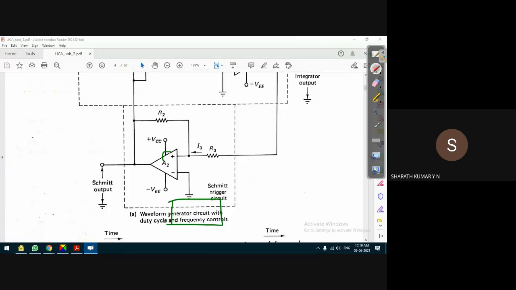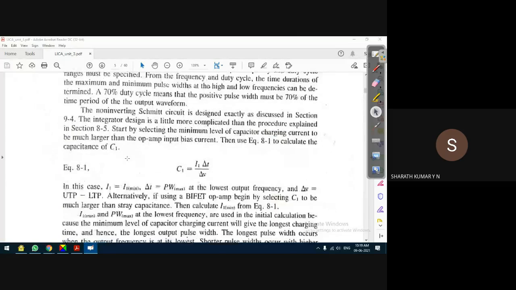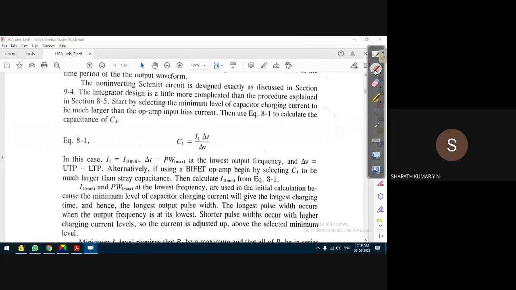The advantage of the non-inverting symmetrical circuit is that we can adjust the gain of the amplifier. In the inverting symmetrical circuit, of course, we can adjust the gain, no doubt, but the gain of the inverting amplifier will be less than the gain of the non-inverting amplifier. So the non-inverting amplifier is selected, but the inverting amplifier is also possible and can also be used. The non-inverting symmetrical circuit design, we'll see in the numerical problem.